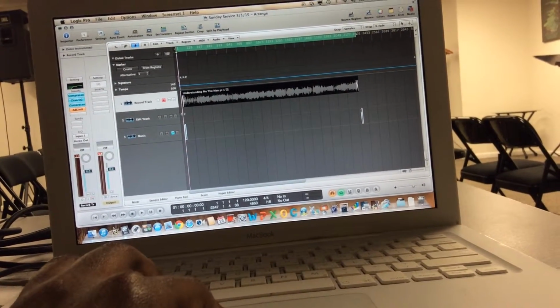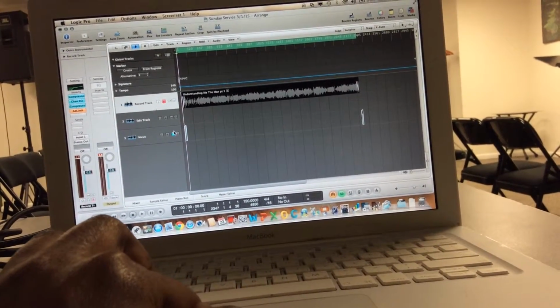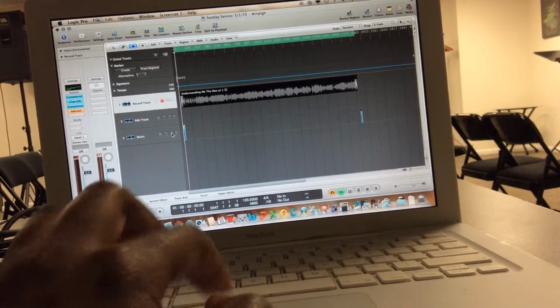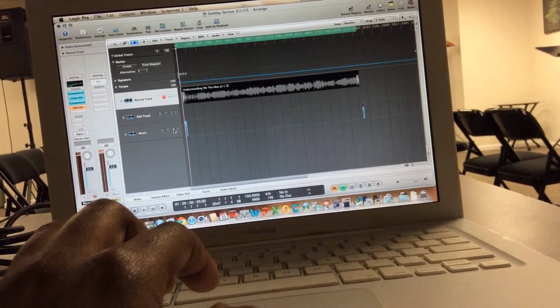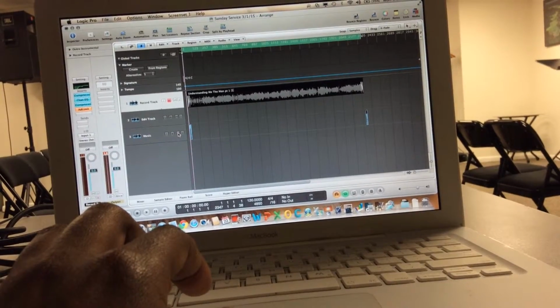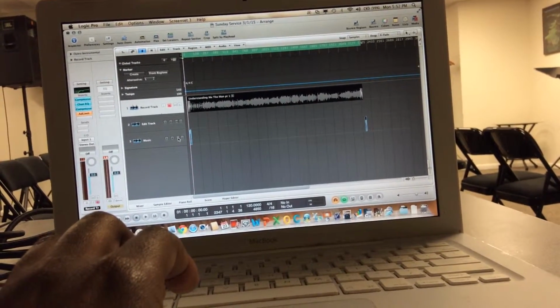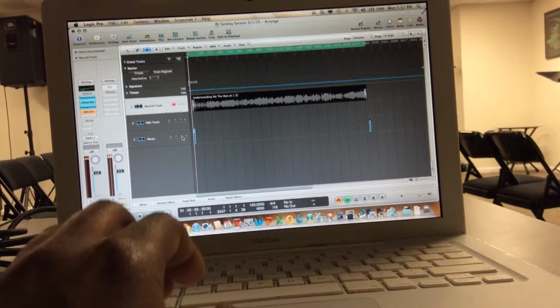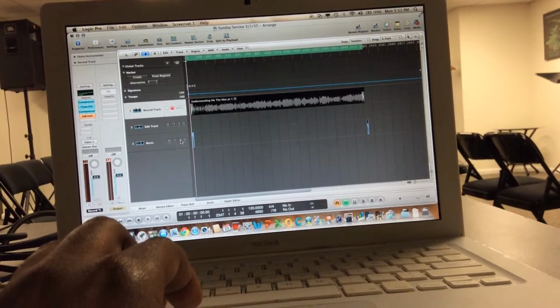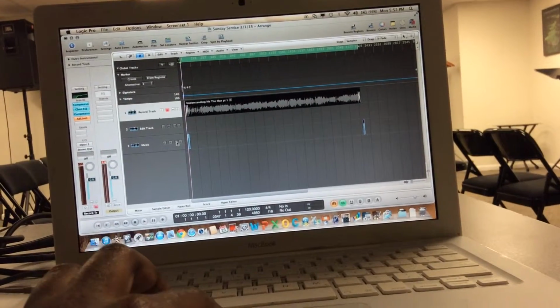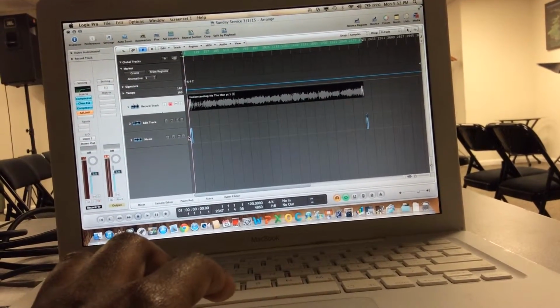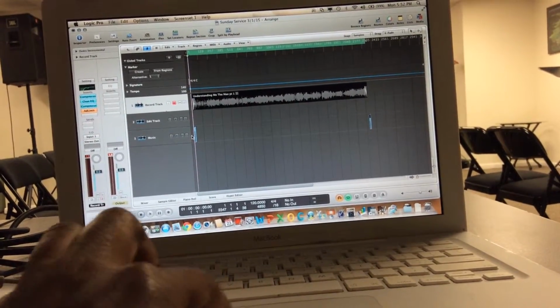And what you're going to do next is we're going to actually unmute the music now. The reason why I have it muted in the first place is so you don't hear the music while Pastor is speaking, obviously. But at the end of everything, we're going to want to unmute it because we want to hear the music on the CD. So now you're basically ready to